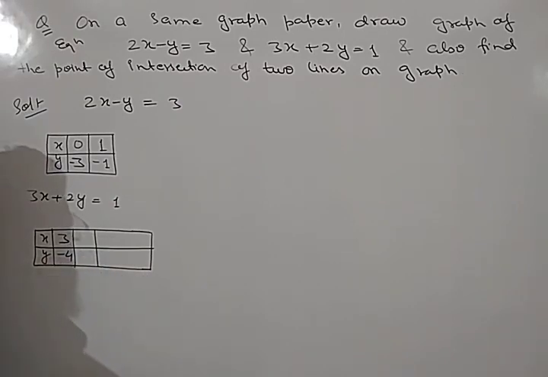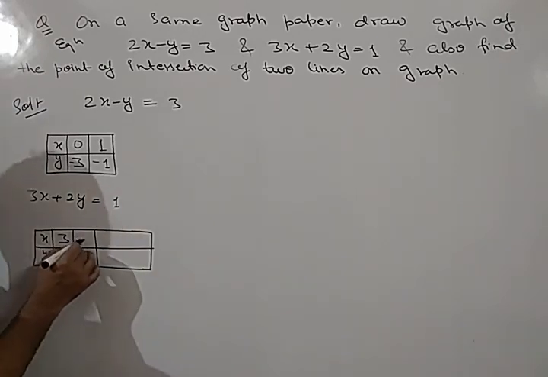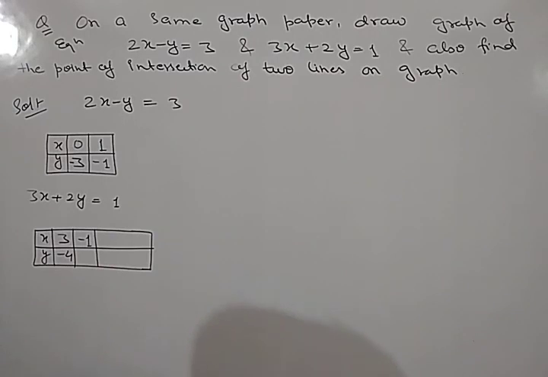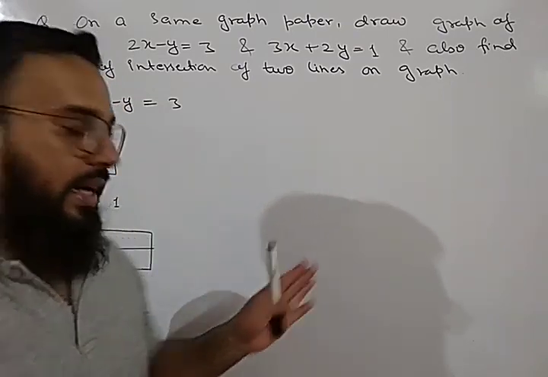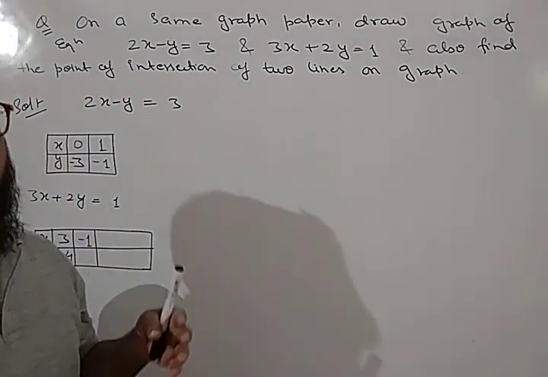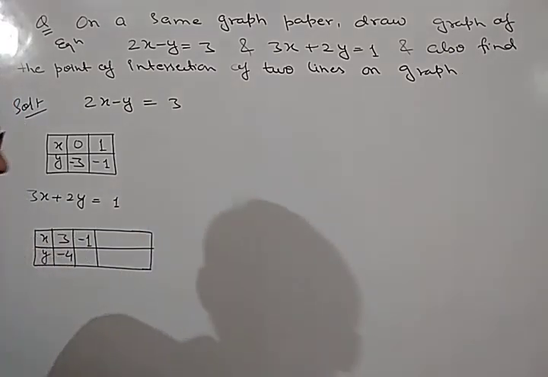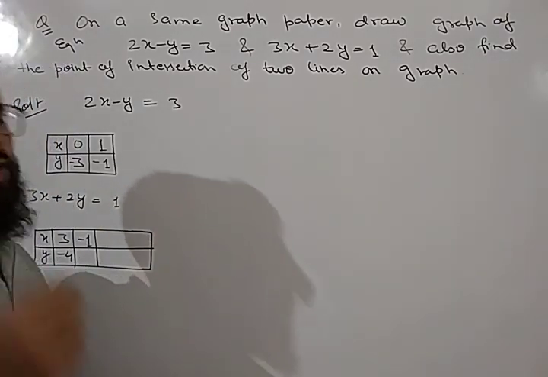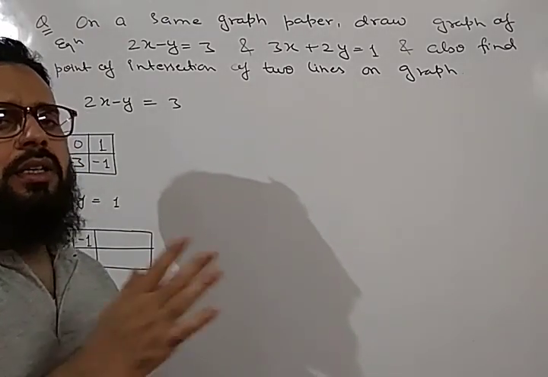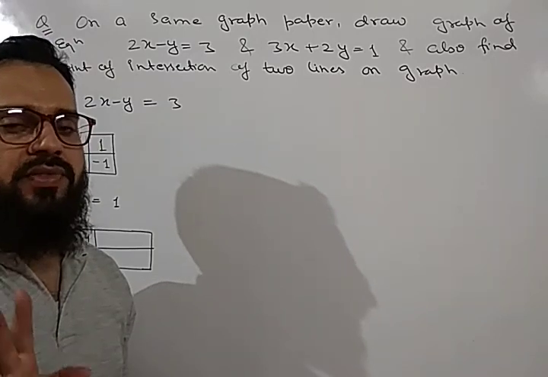Another value, what can we take? If we take x equal to any negative value, then what will happen? If we take x equal to minus 1, you have to just take these values yourself and find out the other value. If you take x, then find the value of y. It should be an integer. You have to check it by putting these values. So first you will put 0, 1, 2, then put minus 1, minus 2. You need not put many values. You have to take only 3 or 4 values. You will get a particular value which will be an integer.